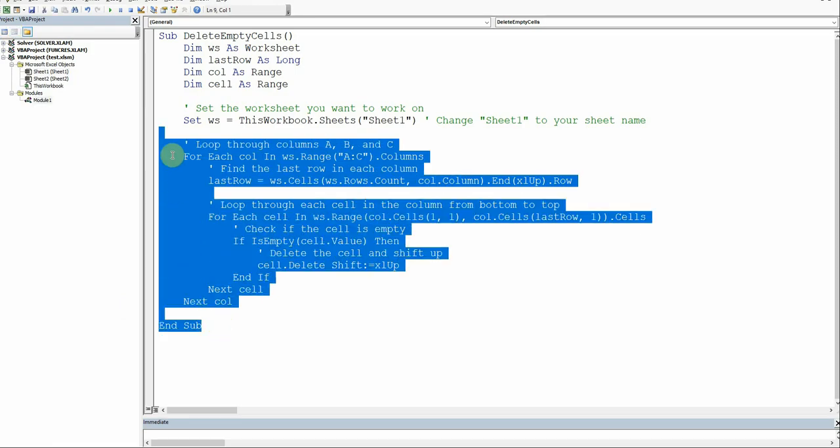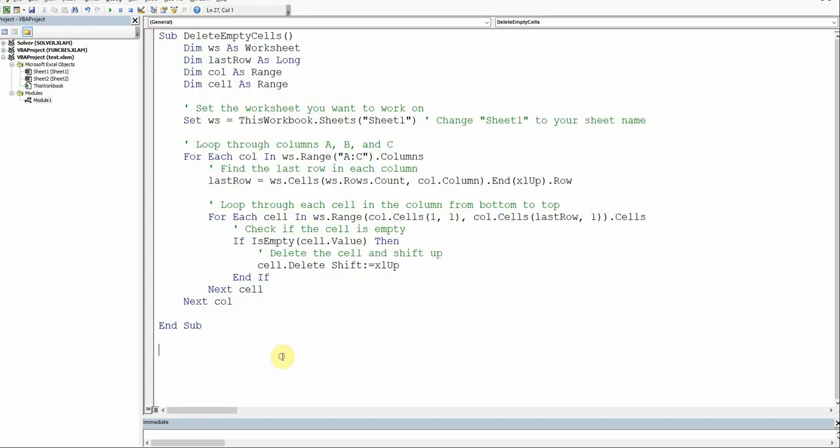So that's the code. I'm gonna put it under the video so you can write it down, or you can pause the video at any time and write it to your spreadsheet. Please pay attention here that this code is working only for data that are located in column A to C. So for example, if you have data from column A all the way to column F, you need to change this letter to F,